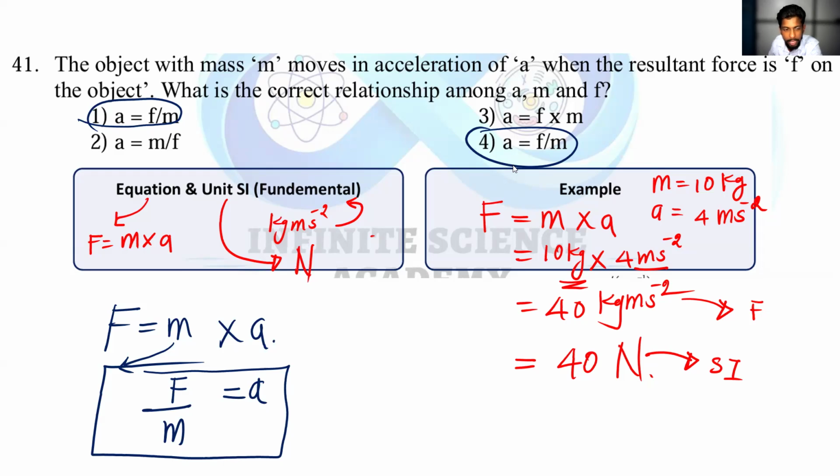So second also correct, right? Second, no. How will the second one be correct? Here, listen, that is M over F. F over M and M over F are different, right? Here, M is here, right? You want to bring this M here, F over M, that is the answer. Nitish, did you get the idea?